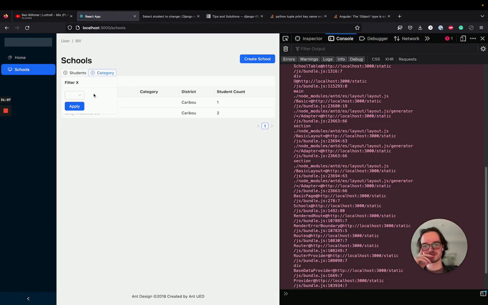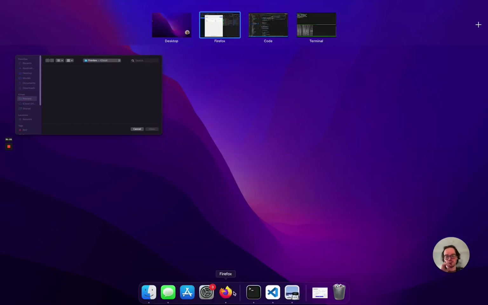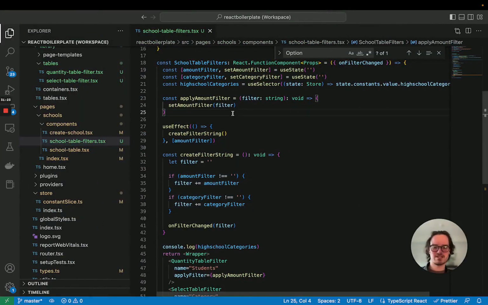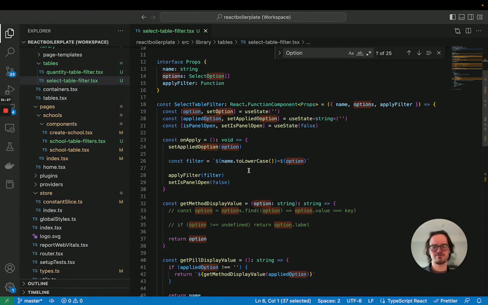If I refresh the page, we click this and it's a drop down. Or if we click apply, it applies the element. And did it do anything? I think it probably didn't do anything. Okay. Let's see where that is not doing anything. So if we go to select table filter, apply filter,